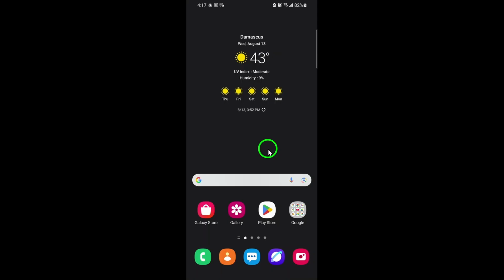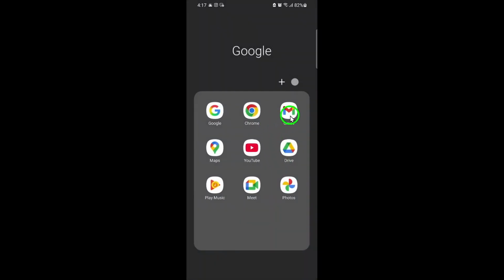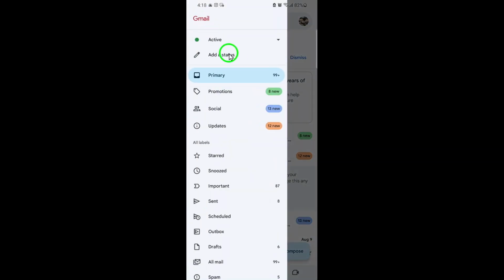Let's get started. First, grab your phone and open the Gmail app. The Gmail icon looks like a little red and white envelope. If you don't see it right away, you can usually find it by searching for Gmail in your app drawer or home screen. Once the app opens and your inbox appears, look towards the top left corner of your screen